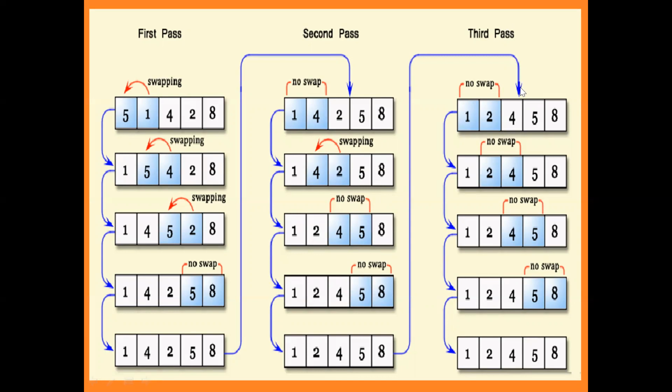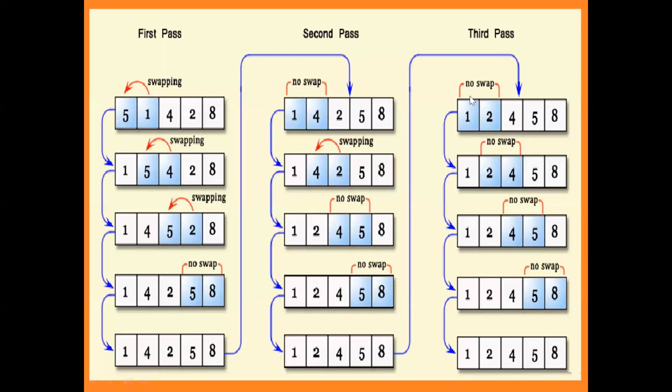So now we are in the third pass. For this third pass, the second pass output will be the input. So what will be the elements at the last step of the second pass? 1, 2, 4, 5, 8. Now on the diagram, we can easily say that the list elements are already in sorted order. But if these elements are in memory, we don't know whether they are in sorted order or not. That is the reason why we need to continue with a third pass. In the third pass, if you are not doing any swappings, that indicates that the list came into sorted order, right?